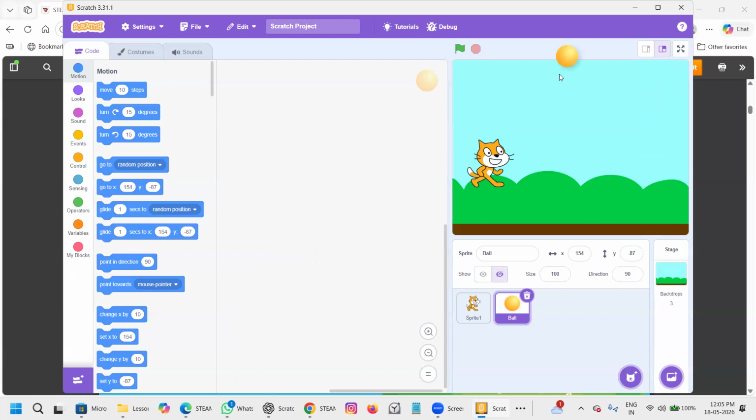I can place it up, I can place it down, I can place it at the back, behind the cat, on top of the cat sprite, right over here at the end, anywhere I want. Okay. So I have used the ball. So up to here, it is clear. So you can add as many character sprites as you want.